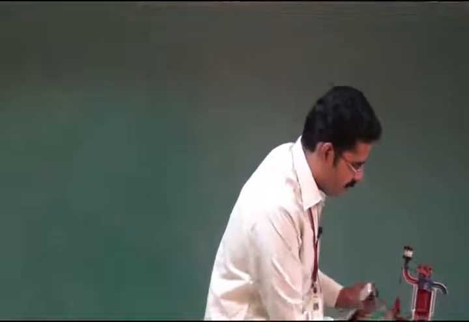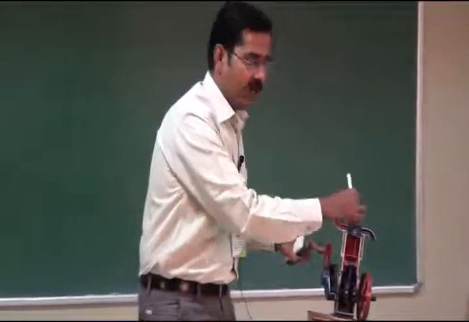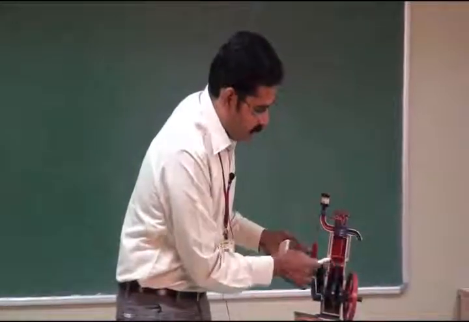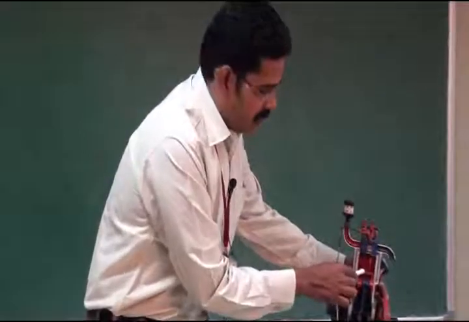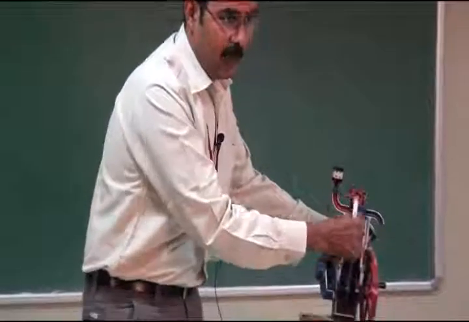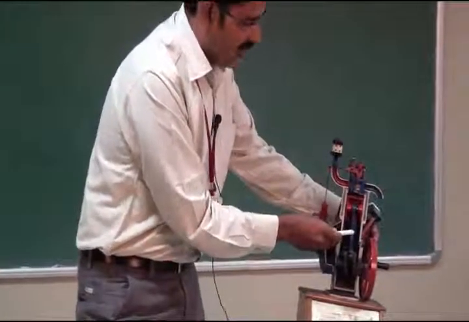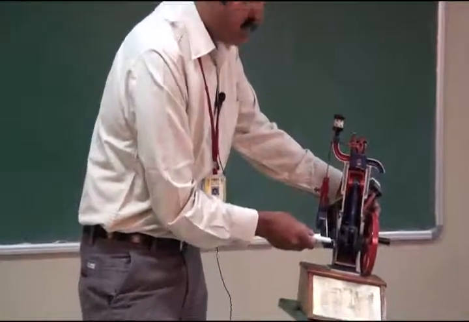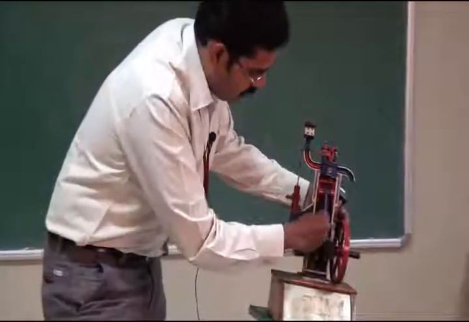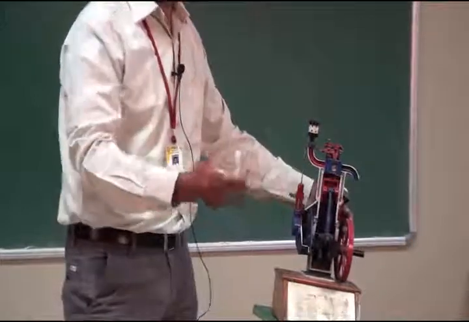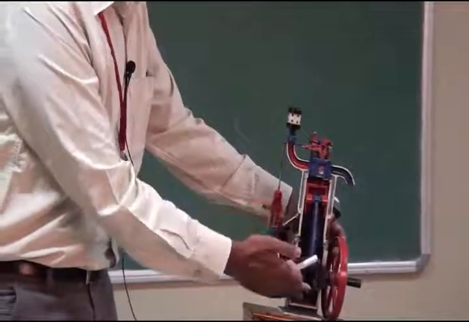First one, cylinder. Cylinder, by seeing the top view, is a circle. This one is a cylinder and this one is a piston. The piston slides up and down inside the cylinder, and this part is termed the connecting rod. The connecting rod connects the piston and the crankshaft. This one is the crank, and this whole setup is called the crankcase. The crankcase is a house which holds the crankshaft and crank.